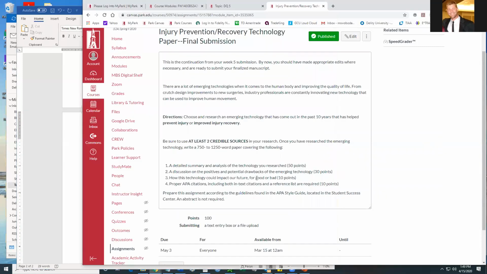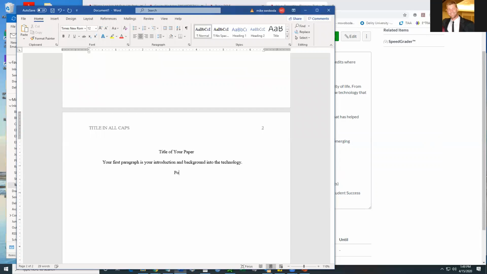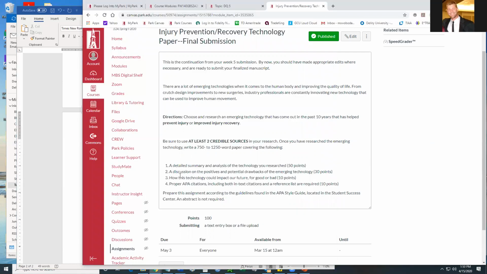And then when I get to my second paragraph, the header is positives and drawbacks of the emerging technology. In general, you want to only capitalize words that are 4 letters or longer unless they're important words. So and, the, of are not important, but you want to center this and boldface it. Then you go to start that paragraph, and this is where you're going to tell me